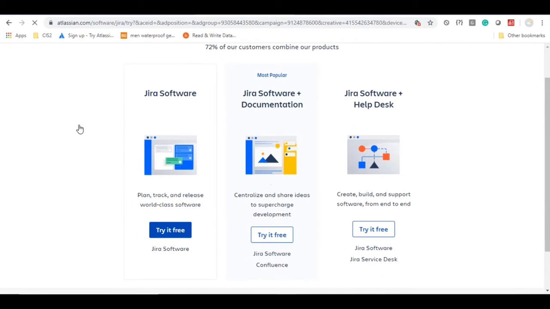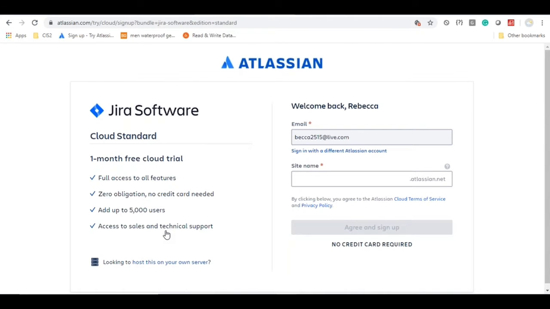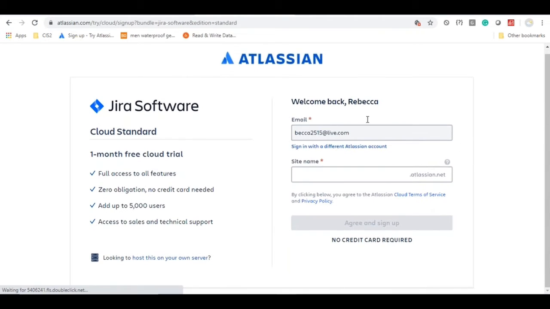And you will get three options here: Jira Software, Jira Software plus documentation, Jira Software plus help desk. I'm going to choose the first option, that is Jira Software here. Click on try it for free. Now you have to sign up by filling this form. So here it is going to ask you to enter the email ID and the site name. So I'm going to enter the valid